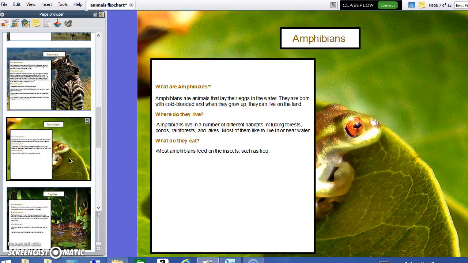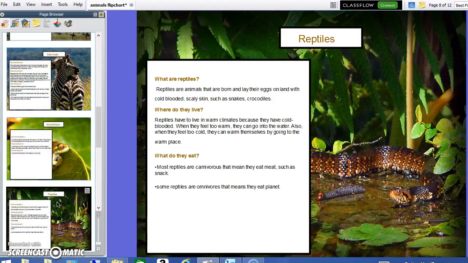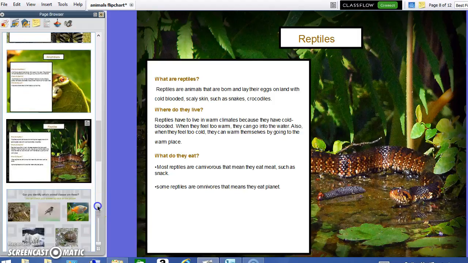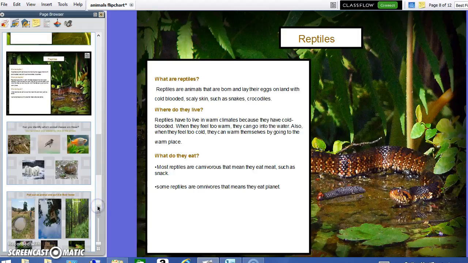And the fourth class is amphibians. What are amphibians? Where do they live? What do they eat? And the last class is reptiles. What are reptiles? Where do they live? What do they eat? I have to give students some information about the five animal classes to help them understand and learn before I give them the activities. After I finish the information, I begin